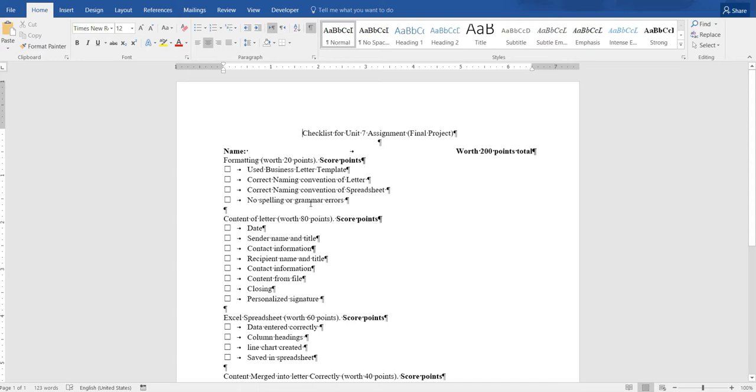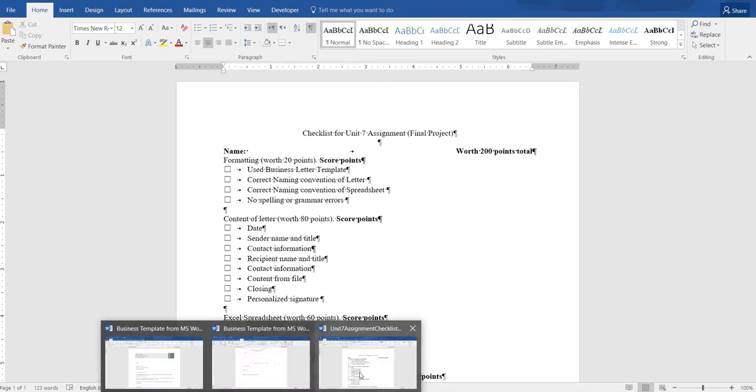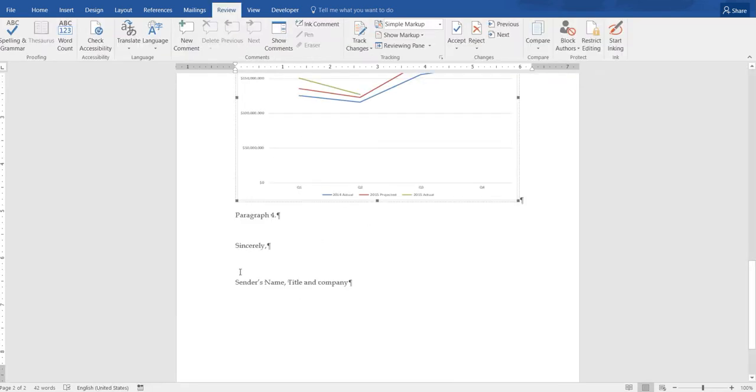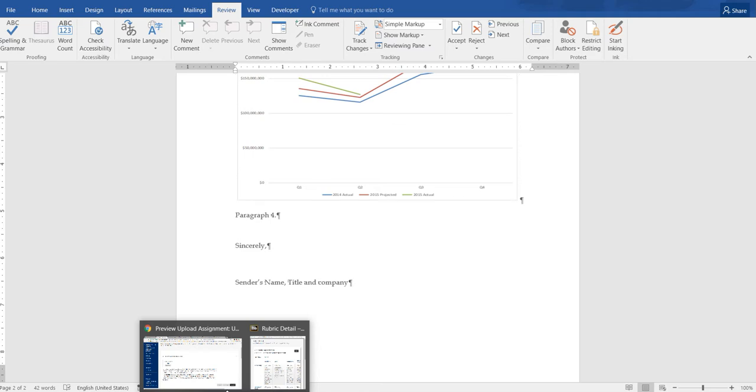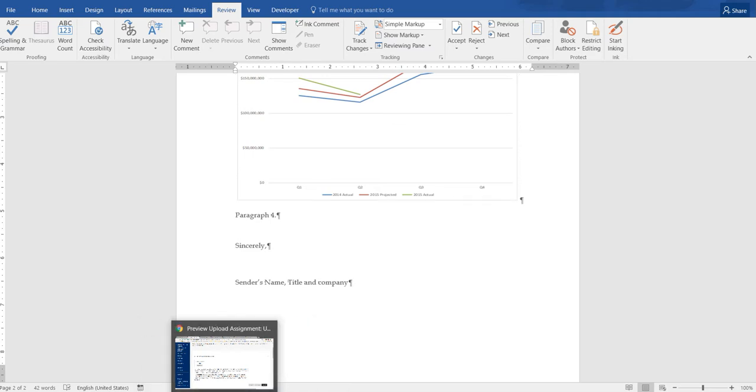But those 2 are the things that you need to correct, plus any spelling grammar that Word finds. Then you have the content of the letter, and when it says personalized signature, that means you had the sender's name, title, and company. So that's the boss's name, his title, and his company. That makes it personalized.